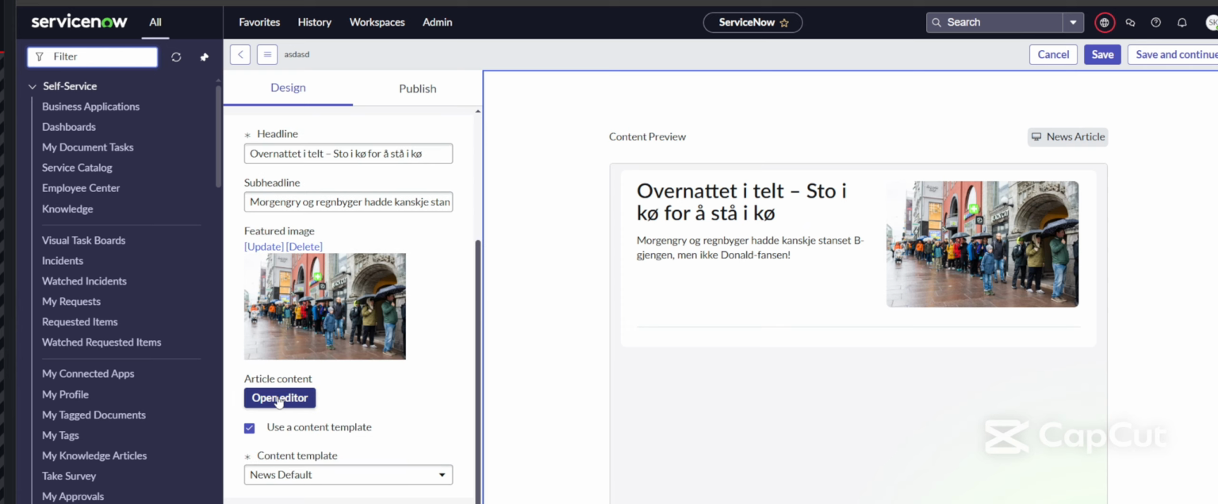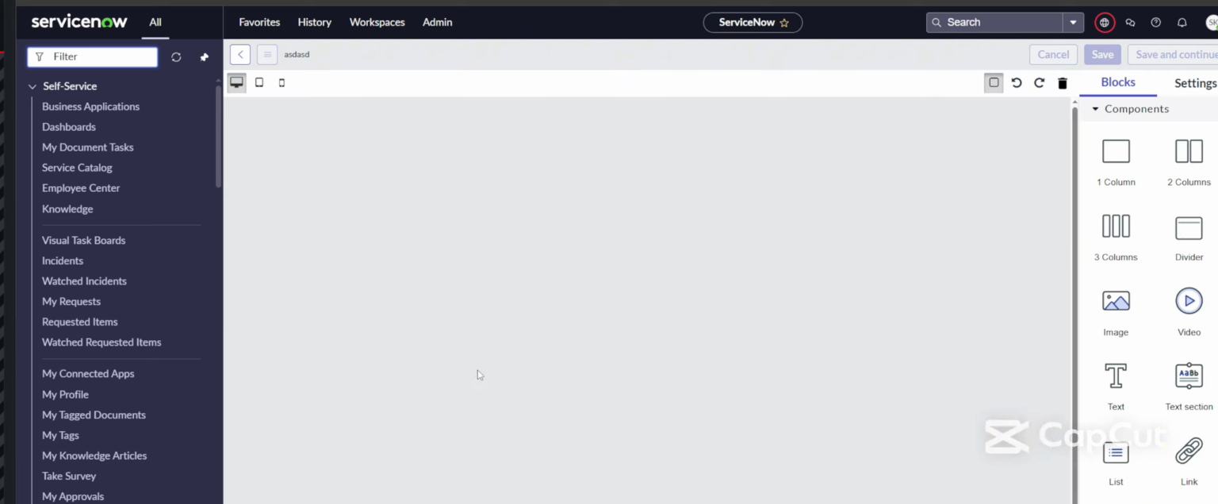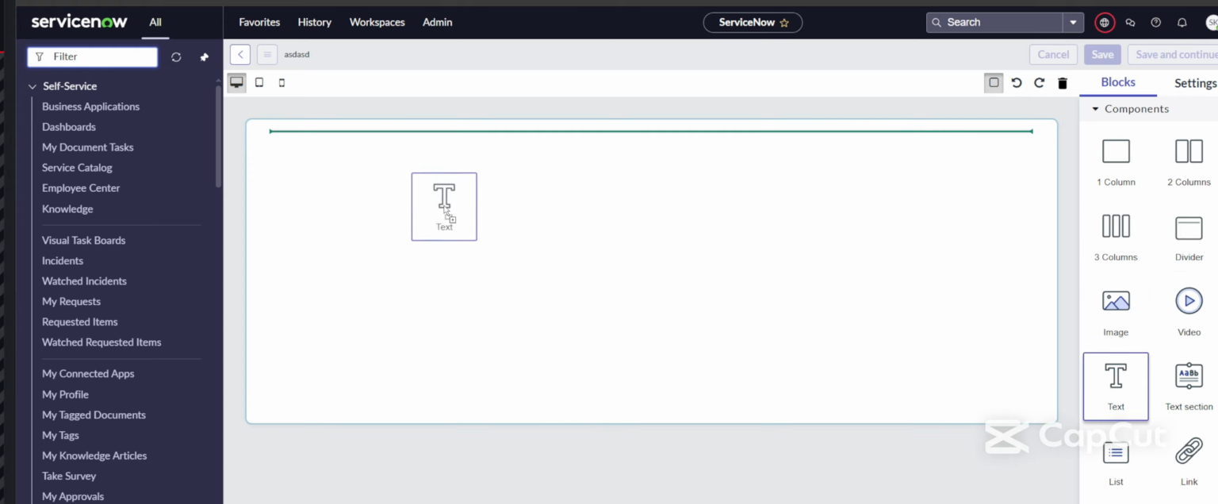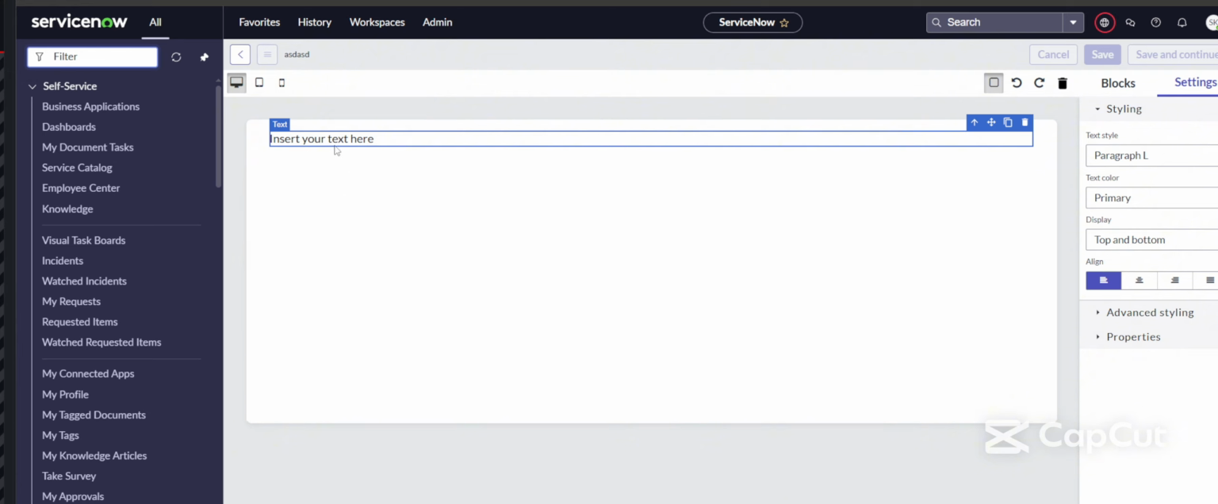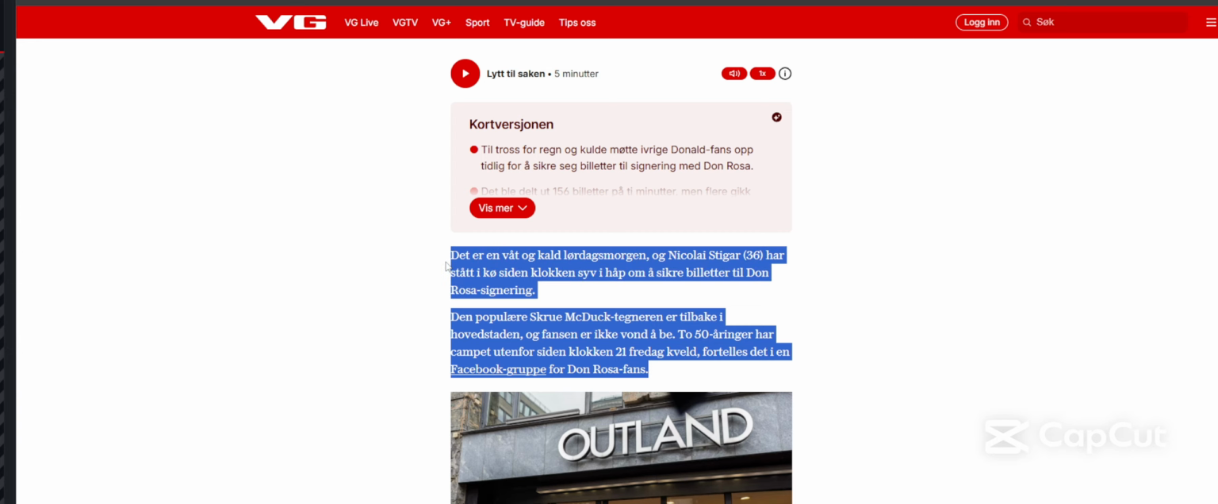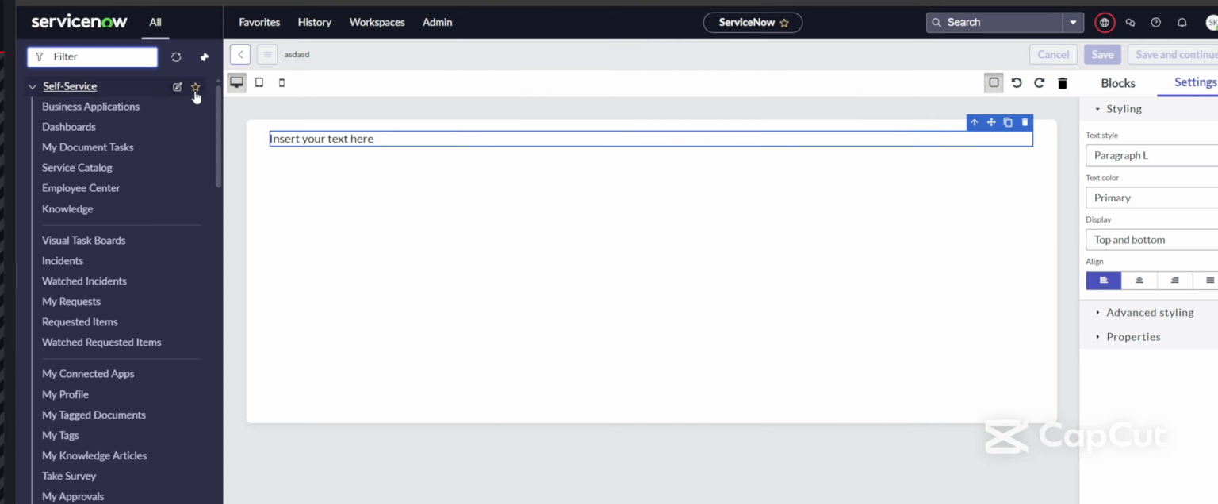And we need to click on this open editor, and then we get some more different configurations we can do. So we can do a lot here to style this body. Let's just make it simple and add a text here. So let's try to copy paste this. The thing about this, if I paste it in now, it's gonna,